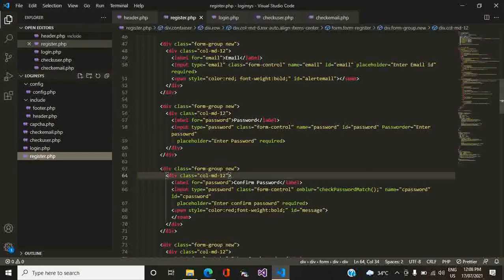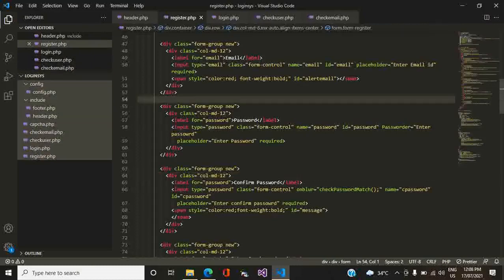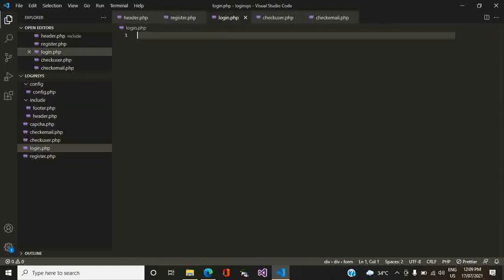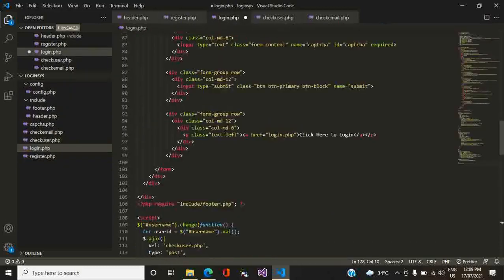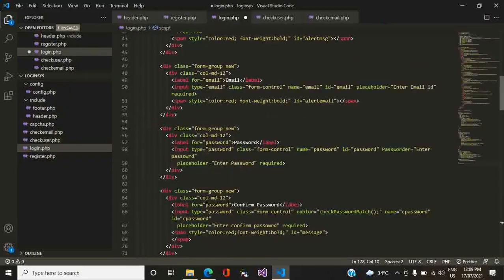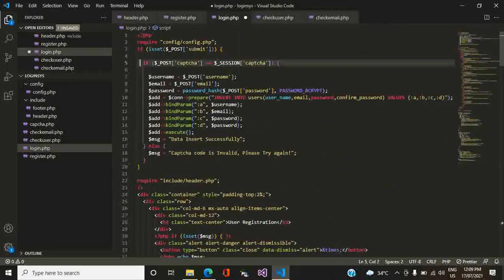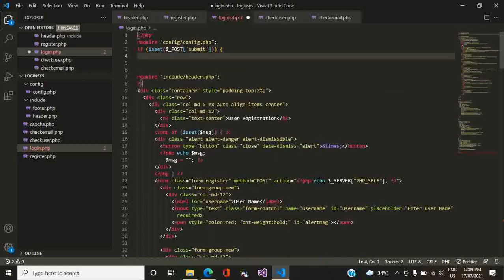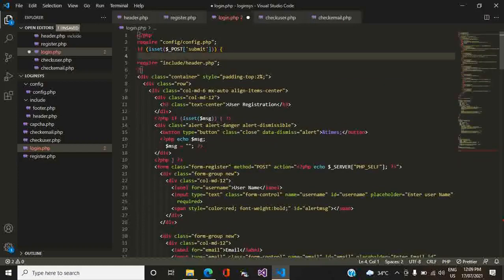Let's copy from the registration page for the design part of the login page, and we delete all the unnecessary parts for this page.